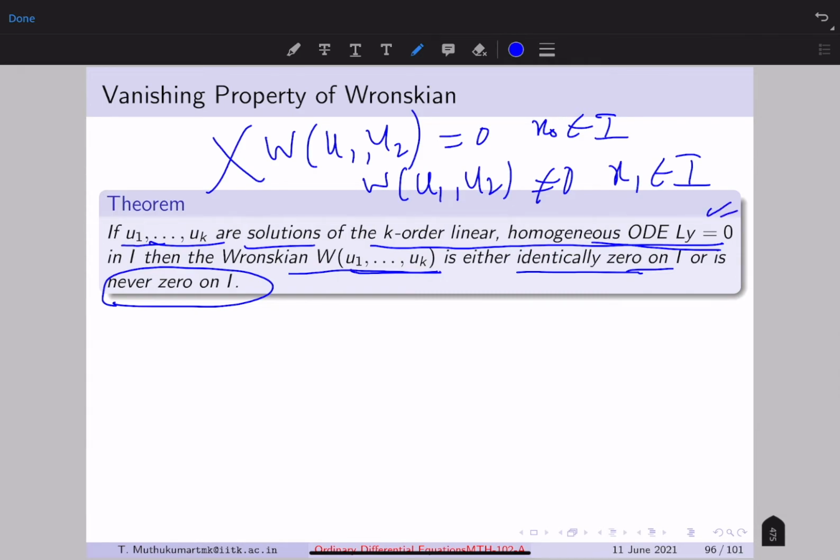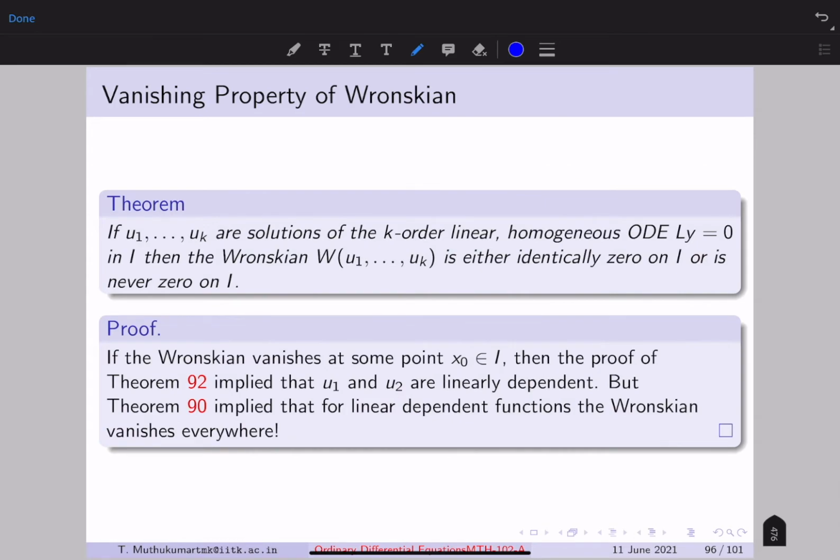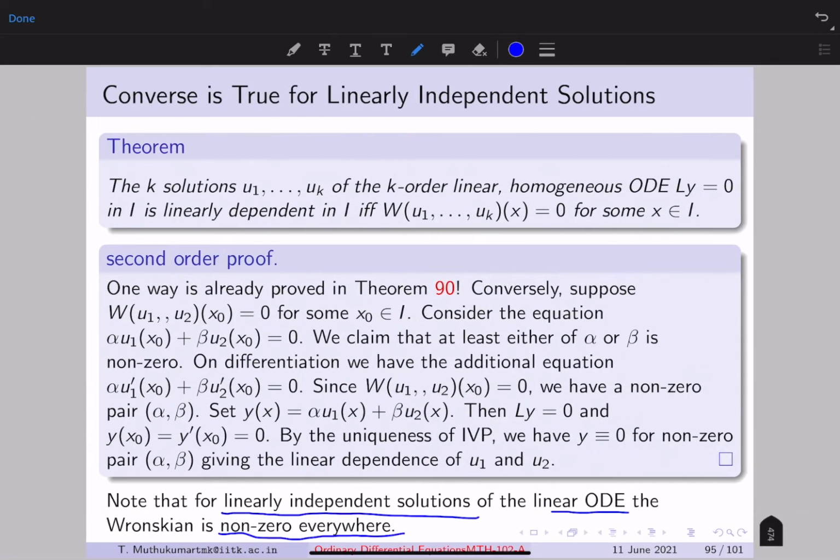So what this statement means is that if the Wronskian is 0 at some point, then it's 0 at every point of the domain. And if it's non-zero at some point, then it's non-zero at every point of the domain. Okay, that's what this theorem tells you. So what is the proof of this? If the Wronskian vanishes at some point, say x0, then by the previous theorem, this theorem,